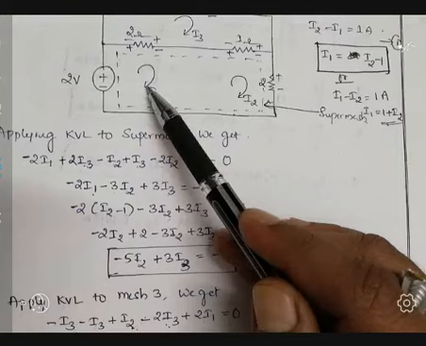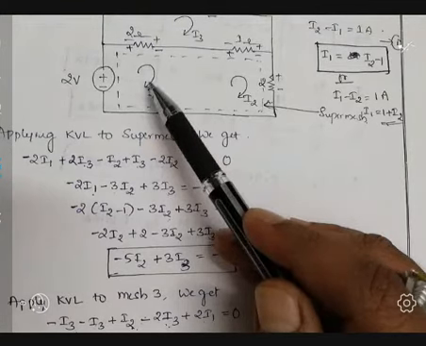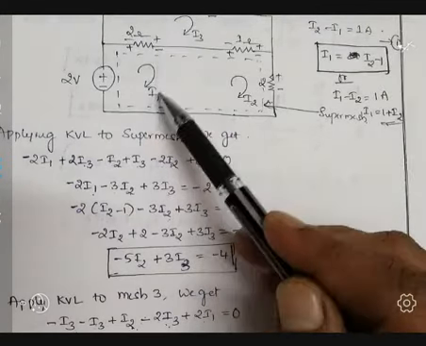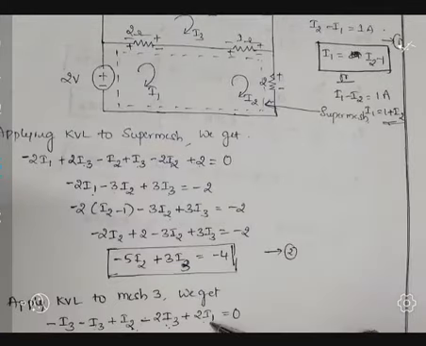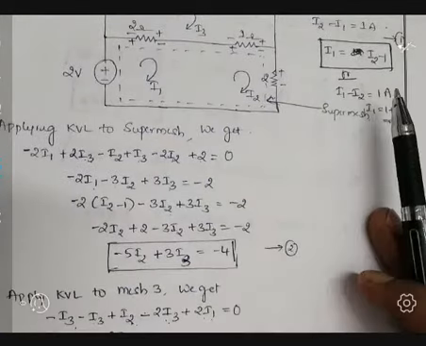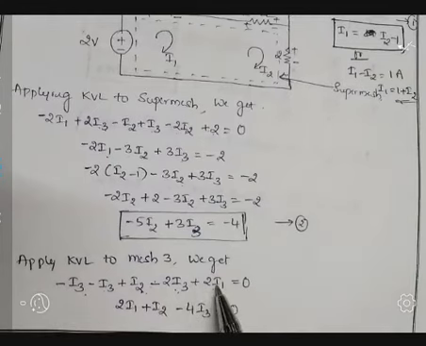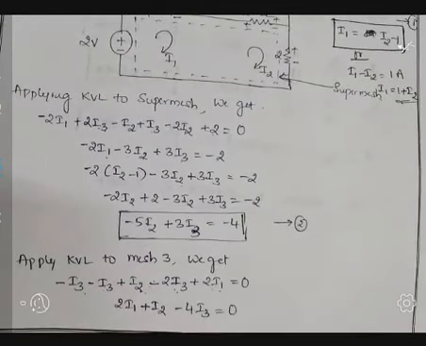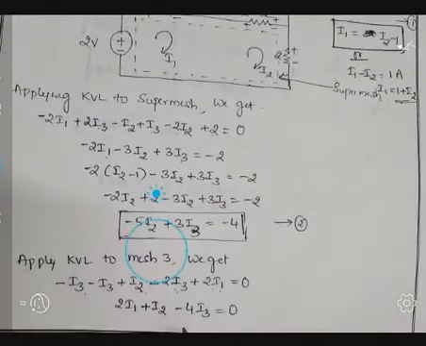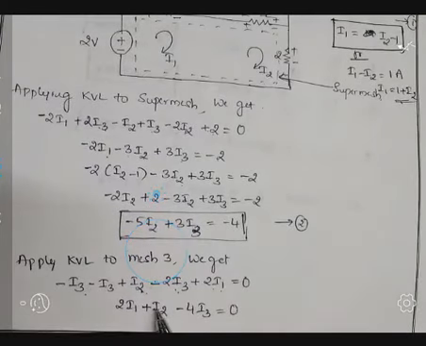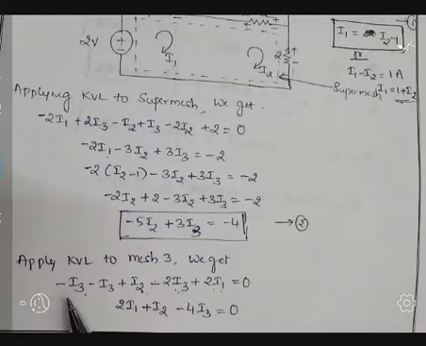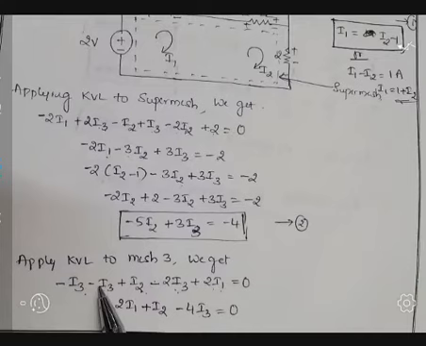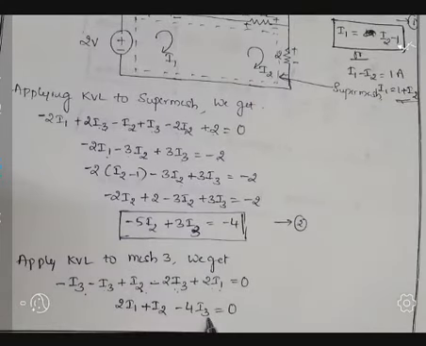This arrow mark head is pointing to plus polarity, hence plus 2 I1 is equal to 0. Next is simplification. Observe the coefficient of I1, only one term is there, 2 I1 as it is written. Next, observe the coefficient of I2. I2 is only one term, written as it is, I2. Next, coming to the coefficient of I3, minus 1, minus 1, minus 2. So minus 4 I3 is equal to 0.